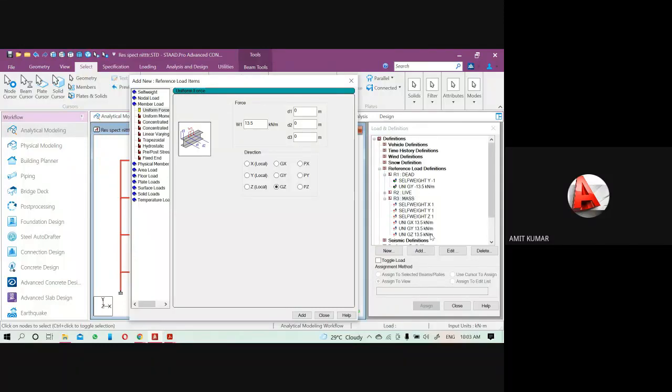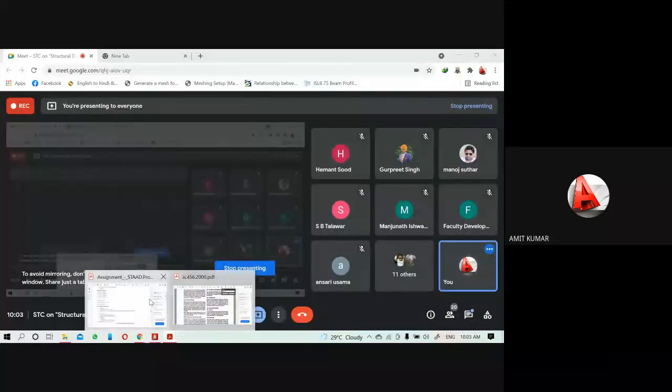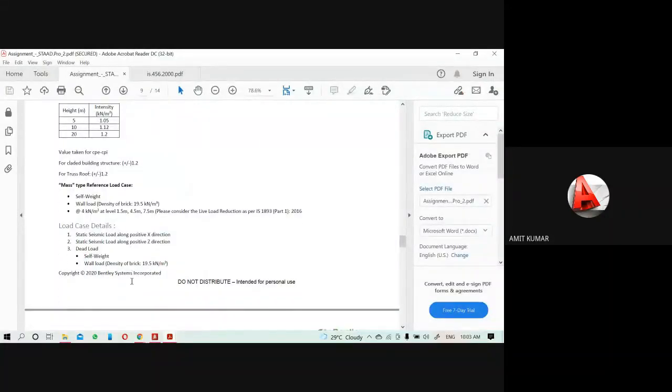That means 50% of the 4 will be 2, and it is written in your project also that please consider the live load reduction as per the IS code. That means when I use the mass reference load, we have to add the live load reduction as per the IS 1893 part 1 2016 code value. That means 50% part of the live load will work as a dead load.